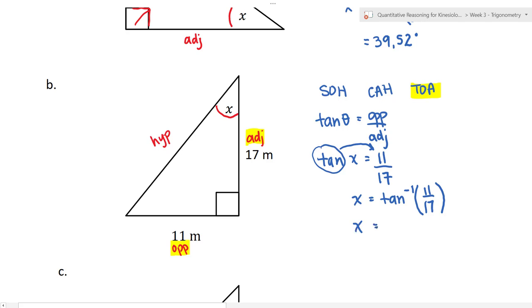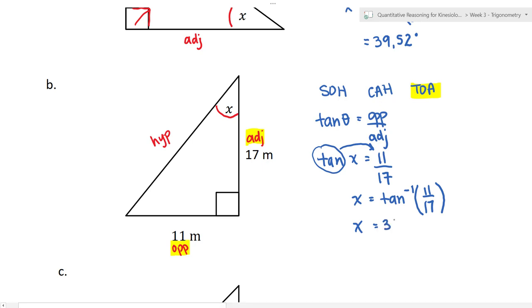Tan inverse. So I'm hitting shift tan. You might hit second function tan. On some calculators you click the tan button twice, so it just depends on your own calculator. And then 11 over 17. I'm putting 11 over 17 in brackets, or if you have a fraction button, you can use that as well. Equals